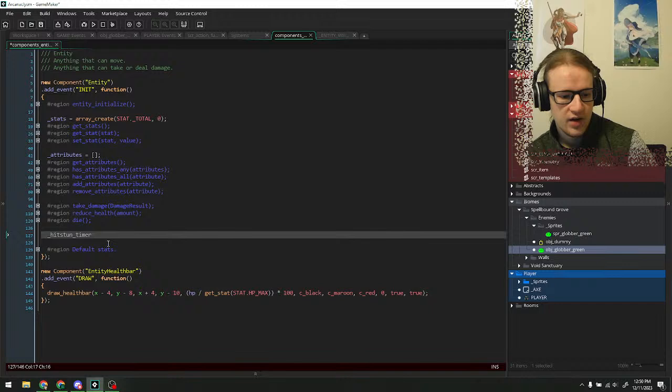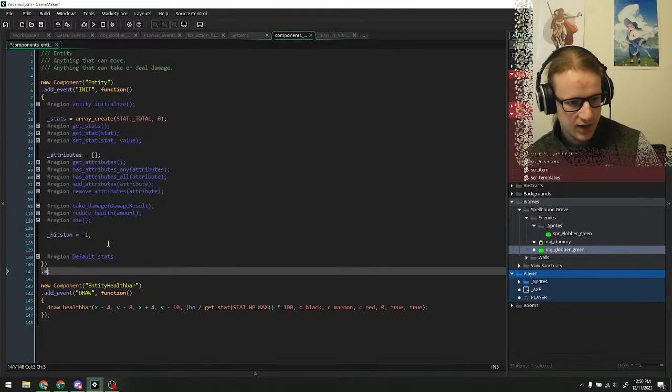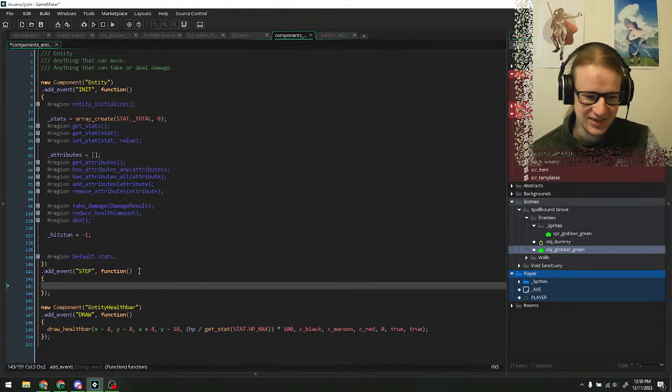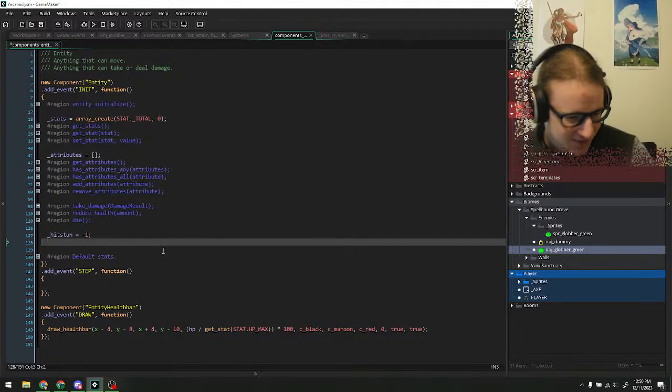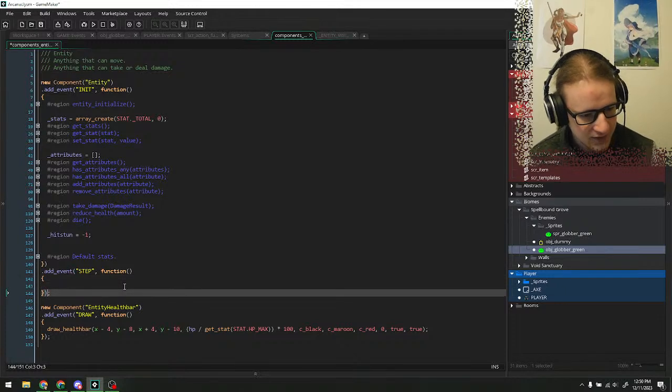So, hit stun timer. Does it just need hit stun? It's just a timer, so it's a frame timer, so easy. And then I can add an event to handle the hit stun. This is so pretty. I love this code. And I can add